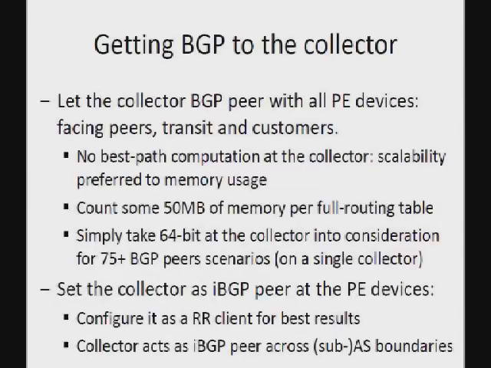The idea is that the collector should IBGP peer with all the PE devices, best configured as a route reflector client. And here is the implication that I was speaking about, the passive BGP neighbor. A nice implication is that because you always get an open message from your routers, you can see what the remote AS is, and you can always reply with that same remote AS to each of your routers. So that means that a single collector can IBGP peer across sub-AS boundaries or across AS boundaries if your routing domain is spanning multiple ASes.